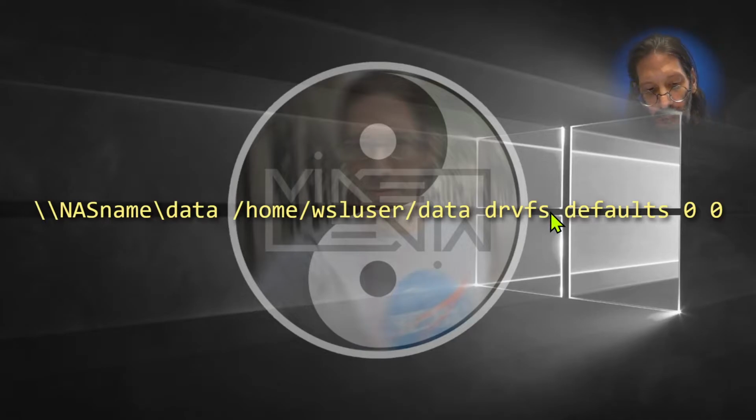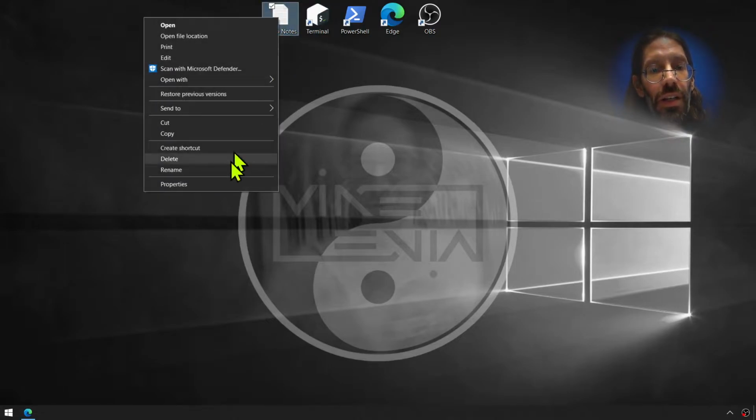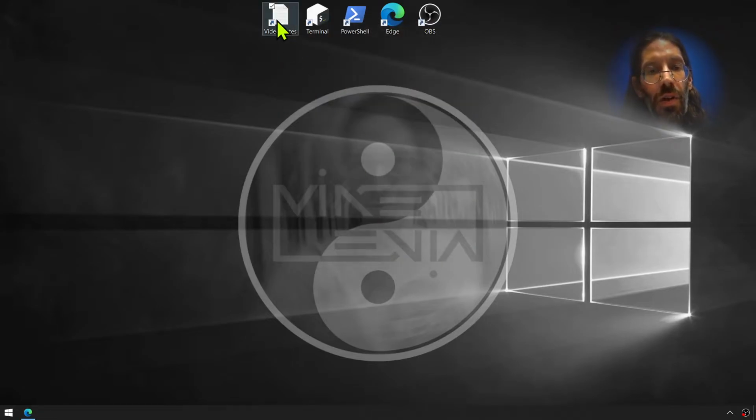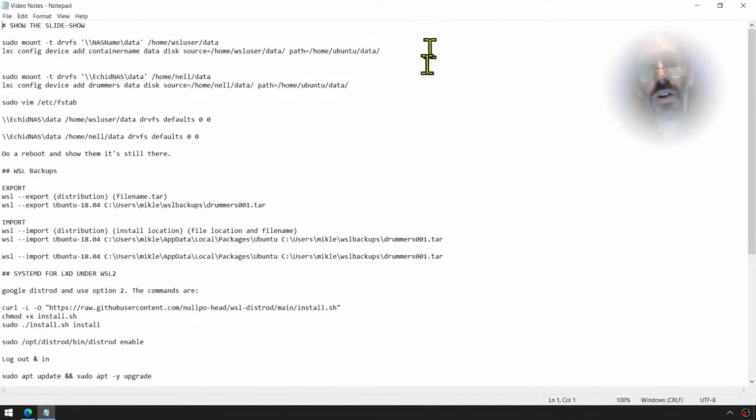So we copy that. And in a very meta process, my video notes here, which used to be sitting right on my desktop, you can see is a shortcut. And that shortcut, if I were to right-click it and show you the properties, you would see the map to letter drive it's going to. That is on my NAS. So I'm loading this off of my NAS now. Perfect example of using the shared cloud location. Much better performance than any of these other things like OneDrive or DropBox. Let me tell you, it's nice to work off of a shared drive.